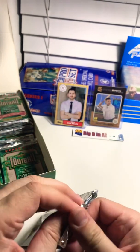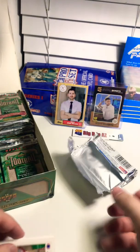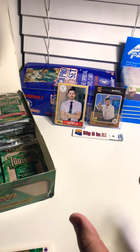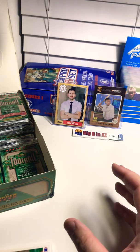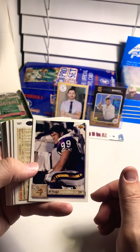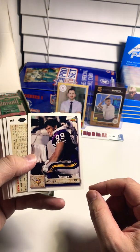There's Mark Rypien. I moved to Texas in '92 and was able to go to the season opener of the Dallas Cowboys, Monday night versus the defending world champion Washington Redskins. Cowboys would win, and they would go on to win Super Bowl 27, the first of the three. So I became a football fan ever since. I really didn't know what it was up until then. So, yeah, great experience. And so Mark Rypien holds a spot in my memory, but probably not for what he would like. Al Noga,